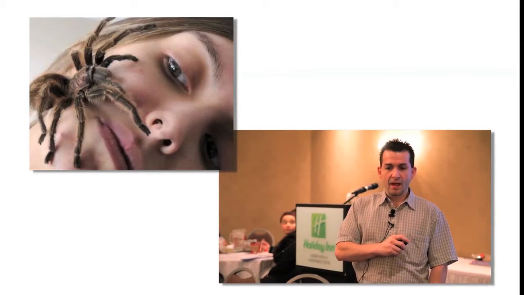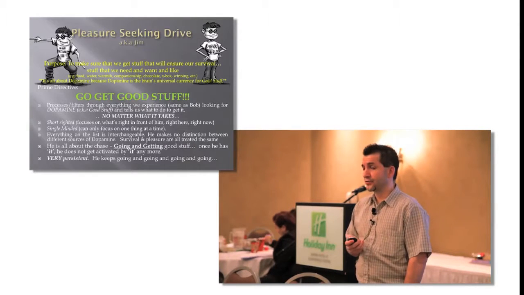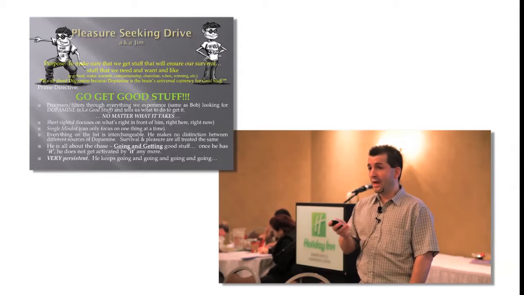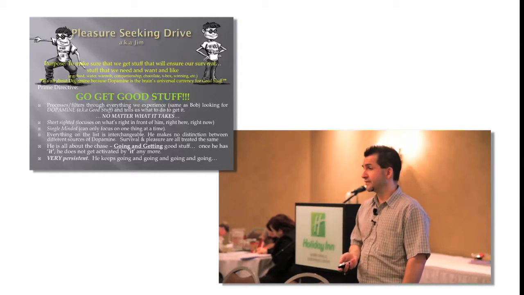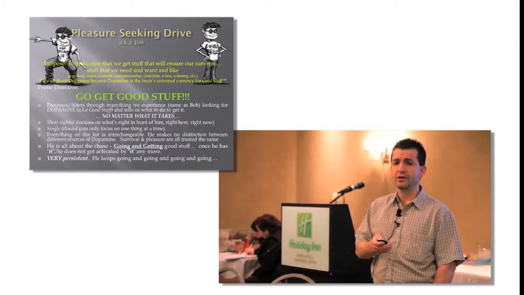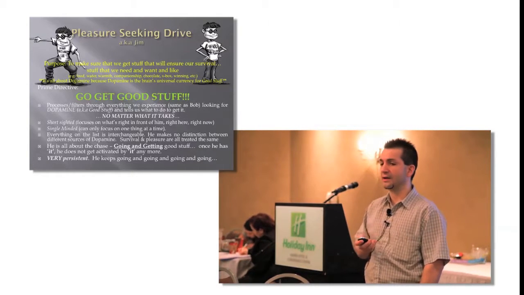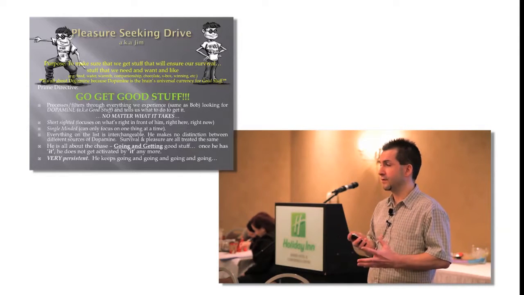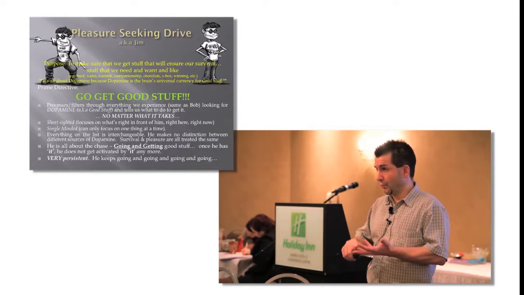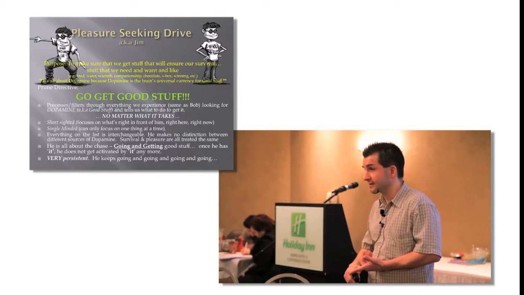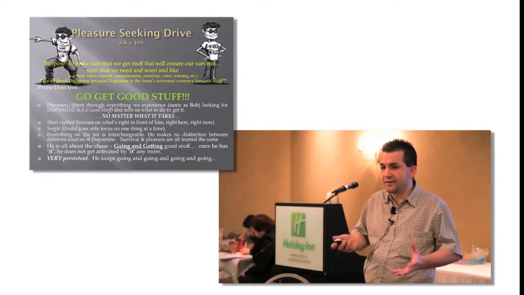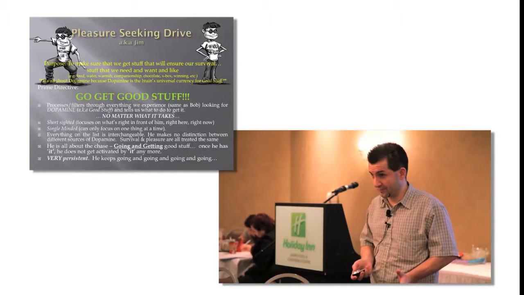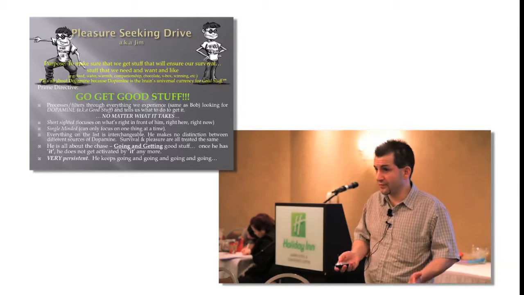The next part of the brain that controls human behavior is the pleasure-seeking drive. This is the guy I called Jim. And Jim's job, the reason he's part of our brains, is to make sure that we go and get the stuff that we want and like, the stuff that we need to survive with. Very fundamental things like food, water, warmth, physical contact. Things that if we don't get them, quite literally, we are going to cease to exist as an individual and as an organism. And you guys all know what those things are.